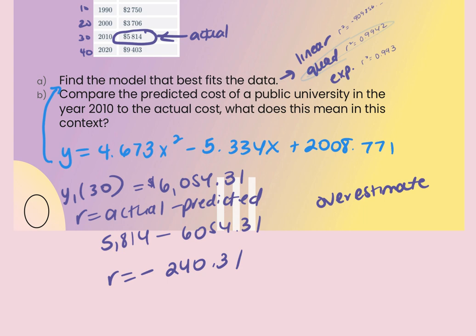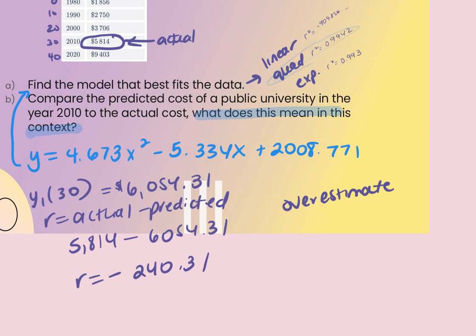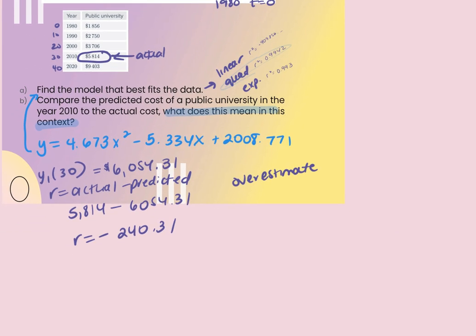So here's what's important. The wording says, what does it mean in this context? When it asks for in this context, it means you have to include it specific to these units. So we are talking about the year, and we are talking about the cost of tuition. So we would say something along the lines of, in the year 2010, because that's the year that we're specifically talking about. So in 2010, which is our input, the model